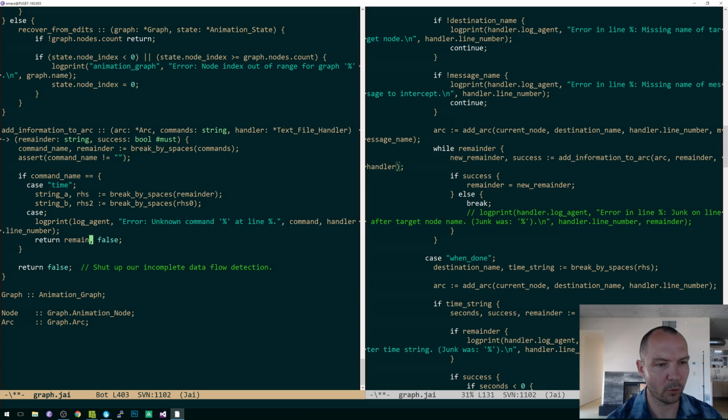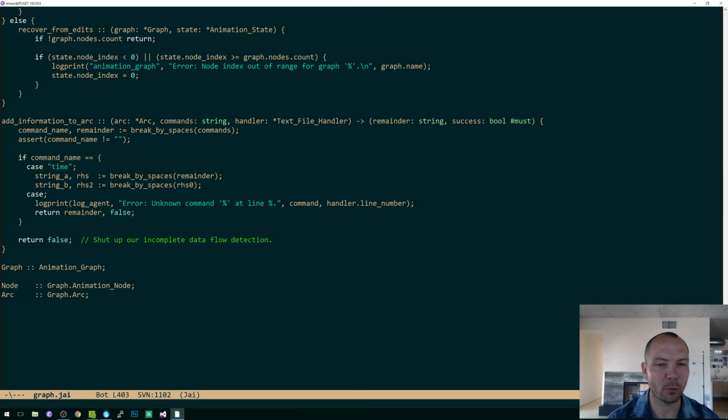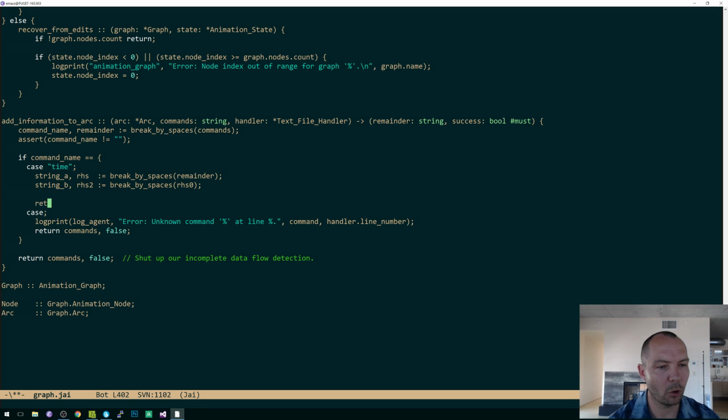Or no, I'm shadowing a remainder with another remainder here. No, wait, that's a return. Okay. We'll return commands because we didn't handle them. And here we will do that too. And here we will return